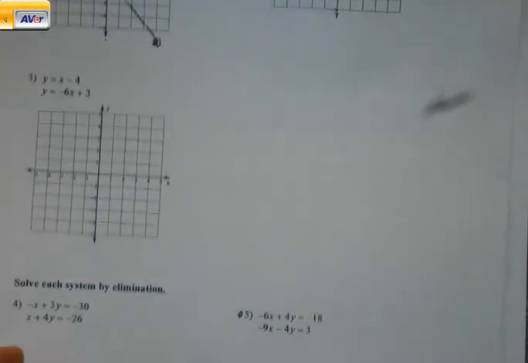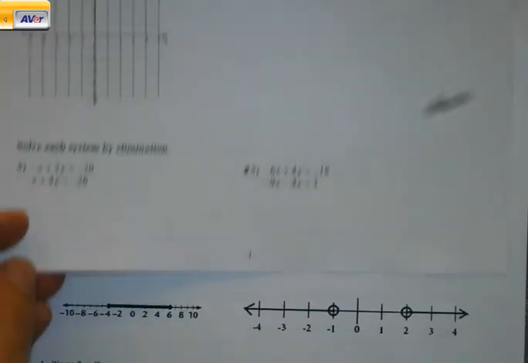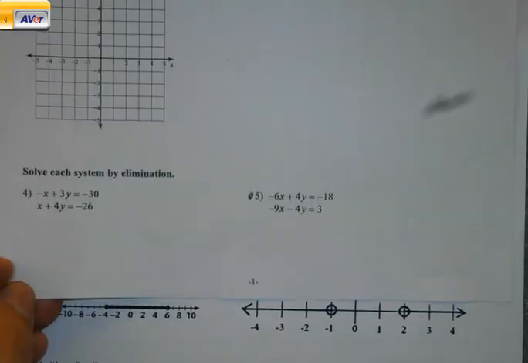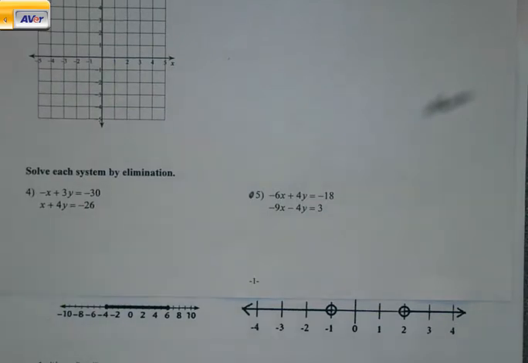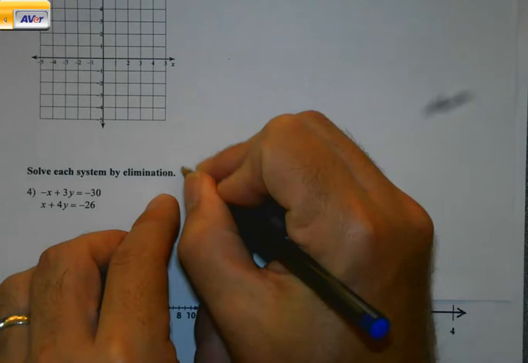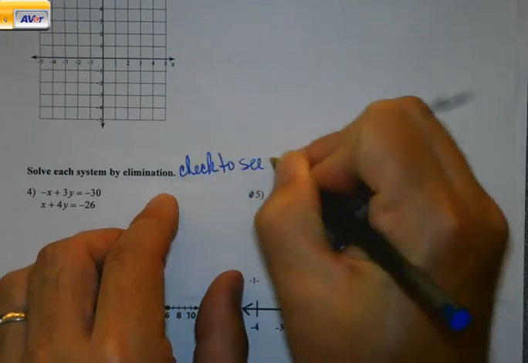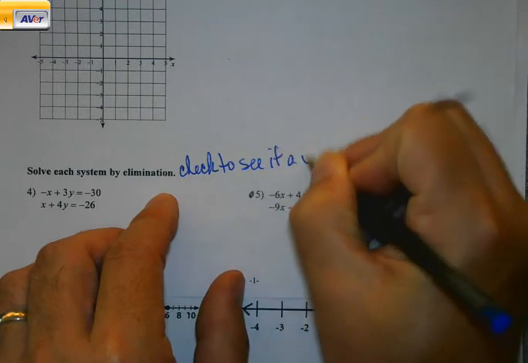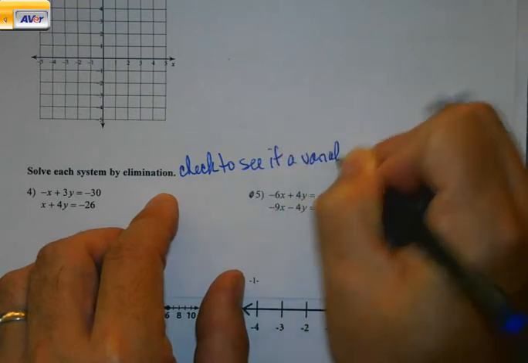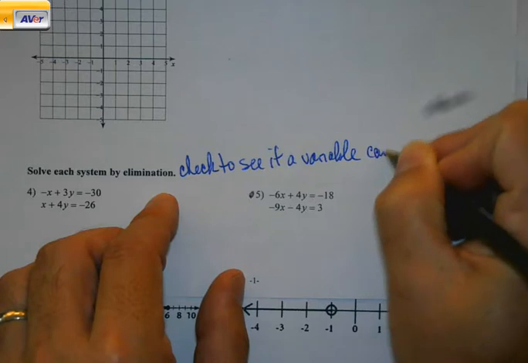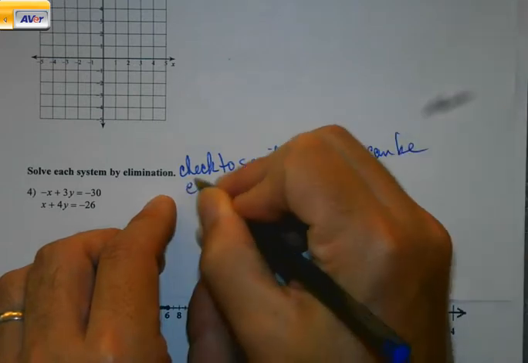Solving by elimination. Now here I want to chat for a second because there can be some things going on here. We chatted yesterday about how we normally are going to do some multiplying. I didn't mention one thing, and we're going to make note of that here. Check to see if a variable can be eliminated